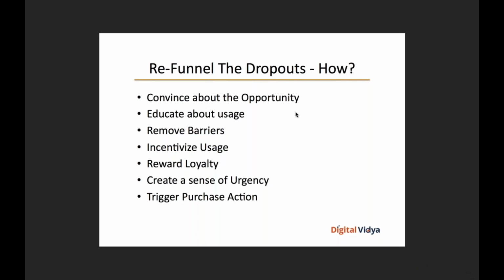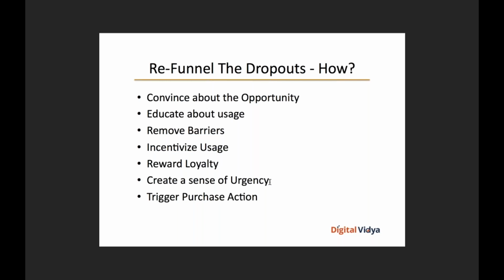So, moving on. There are several things you need to do as part of the entire content marketing nurture stream, so to speak. You've got to convince customers about the opportunity and educate them about usage. The third point, which is very important, is removing barriers or points of inertia. I think I mentioned this in our last class. Customers or leads come up with about 20 different excuses for postponing purchase. How can you remove all those barriers for the customer to actually transact with the brand? The other thing your nurture streams have to do is incentivize usage, wherein you give them some kind of a strong carrot to interact with your brand.